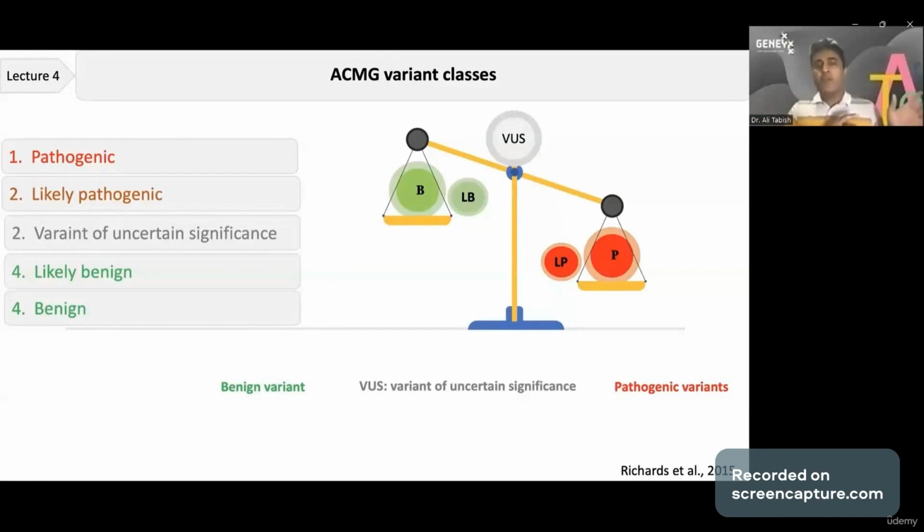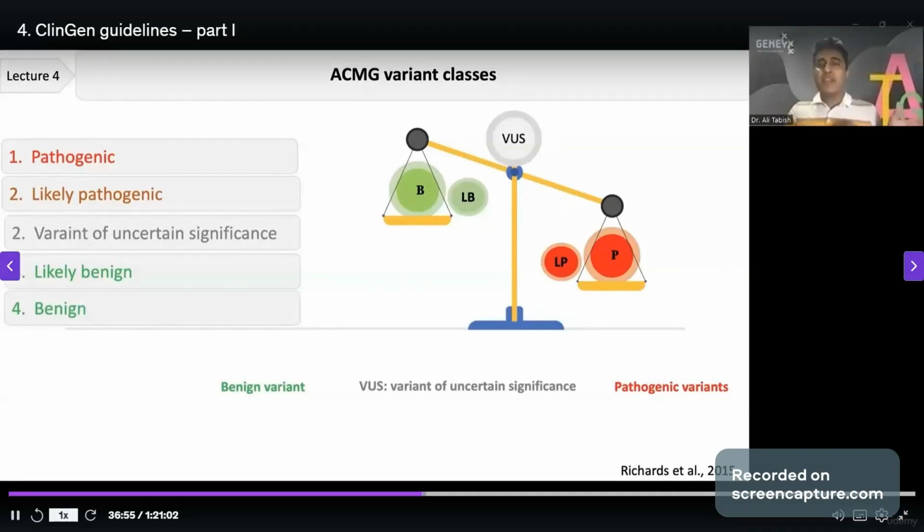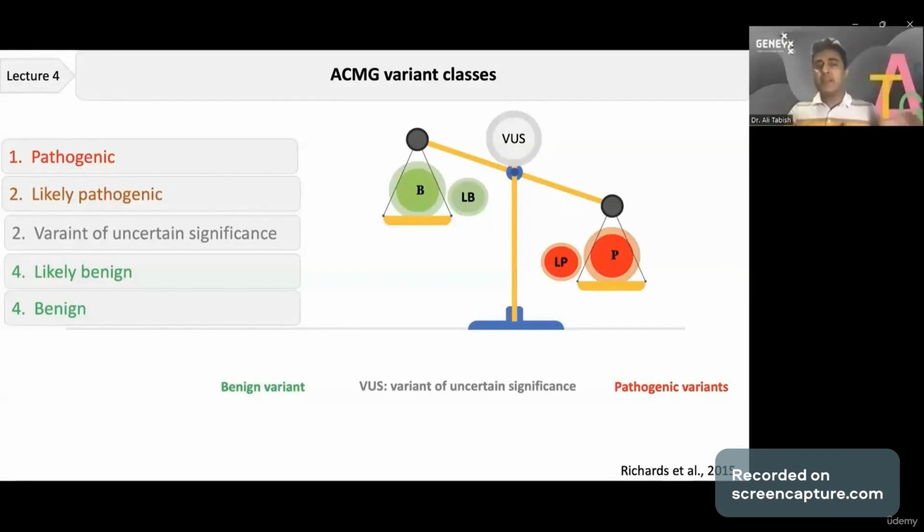On the other end of the spectrum, we have benign variants, where we have a high certainty, a high likelihood that this variant does not cause the disease. And these are the benign variants. And then there is a likely benign variant. In between these two